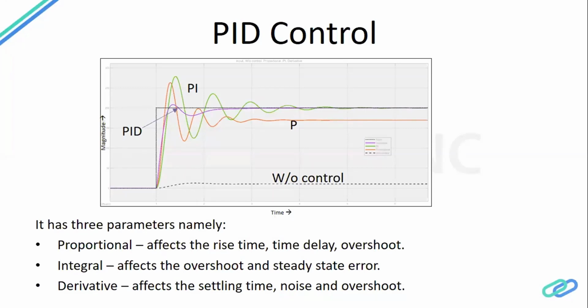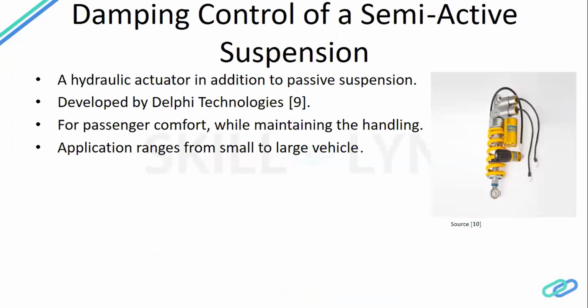There are several controllers, but once you know what controller can have what effect, you can actually decide a control strategy. Talking about the PID controller, it's mainly used to improve the system response, like speeding it up or slowing it down as per your requirement. And in today's case study, we'll try to design the same PID control for a semi-active suspension.